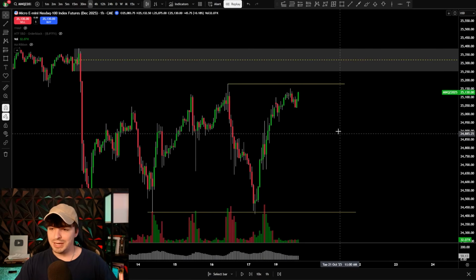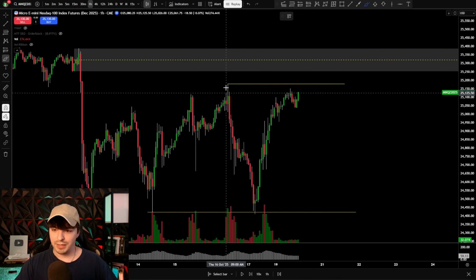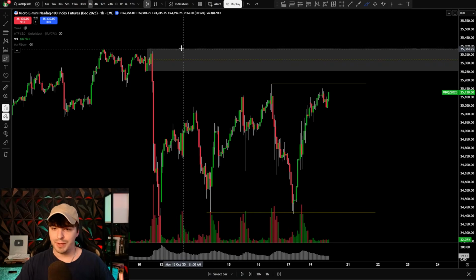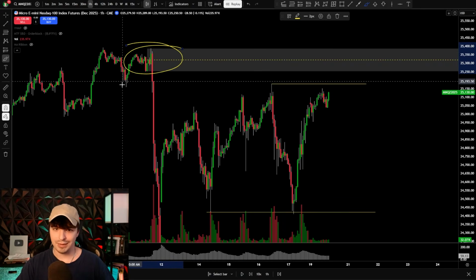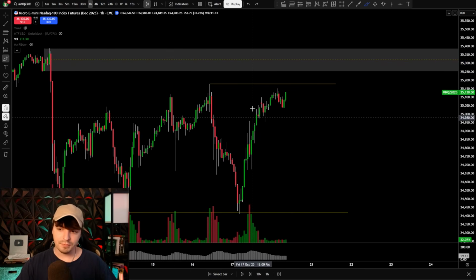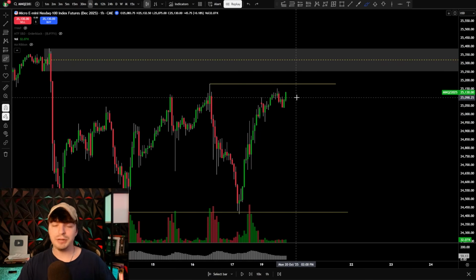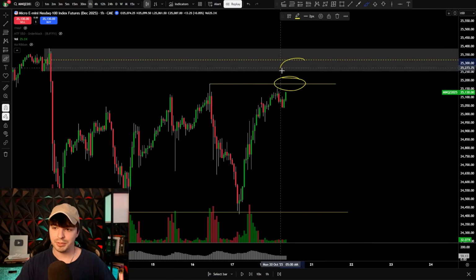So now we have two key levels that we can work with for the day. We have a previous high, and we also have that supply level, aka order block up there, okay? And so now we have a clear direction of what we want to trade. We want to trade up to these highs, okay?